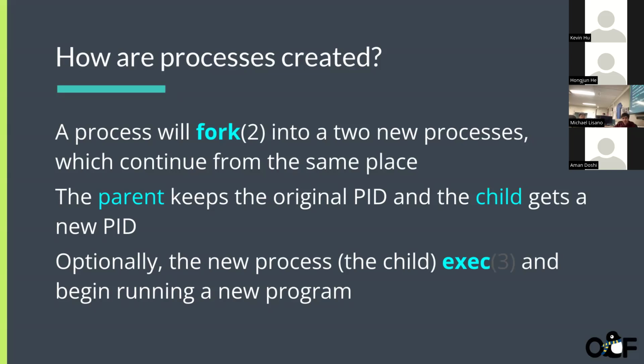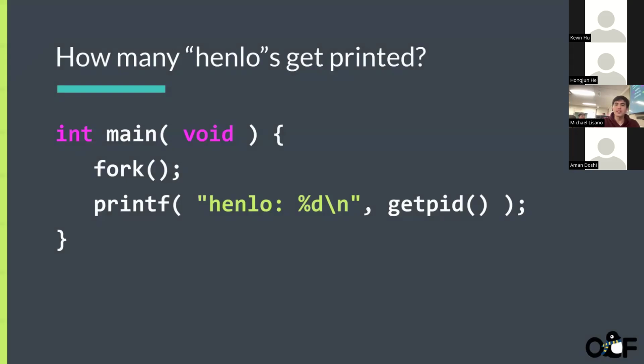But yeah, there's a thing called fork. That's how a process starts a new child process. It's like mitosis, except one of them remembers that it's the parent. And if the parent dies, then it orphans the child. Yes. Oh yes, a question. So this is a program that forks and then it prints hello, as well as the ID.